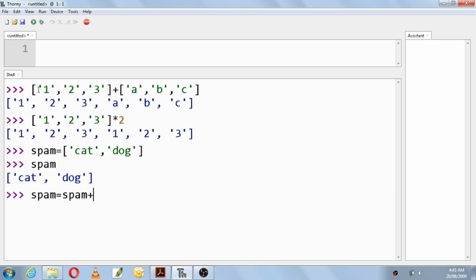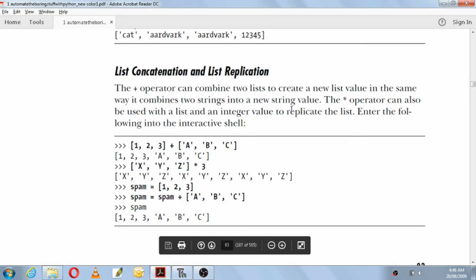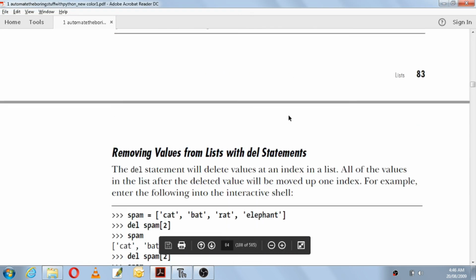To cat and dog, I'll add one more list. I'll take 1 comma 2. When I print spam, it will print both cat, dog and 1, 2. So this is an example. Plus is used for concatenation, asterisk is used for replication. So this is about list concatenation and list replication.